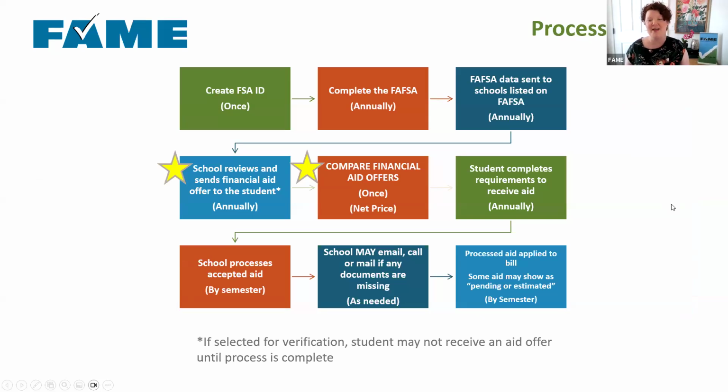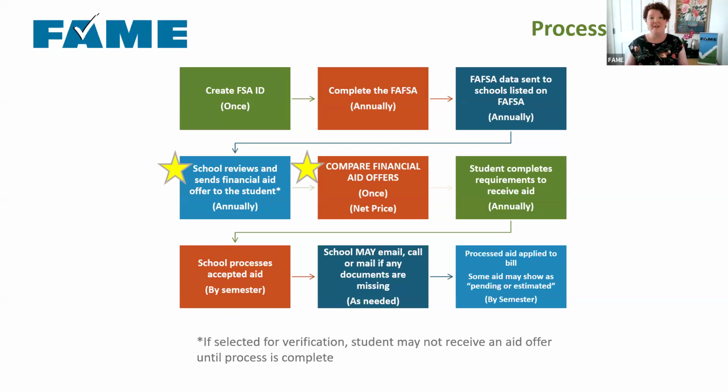So let's start by talking about the financial aid process. So what does this look like? We encourage students to start this process as early as the spring of their junior year in high school. So that first step, creating an FSA ID, can be done as early as spring of your junior year of high school. So for some students, they might want to get that started then, but certainly come September, that's a great time to get it going.